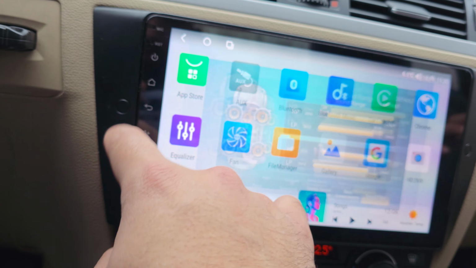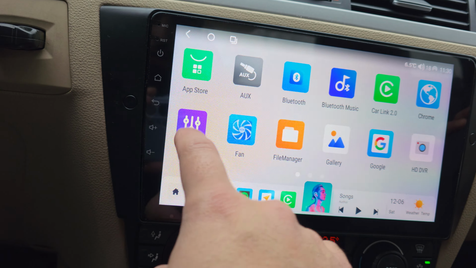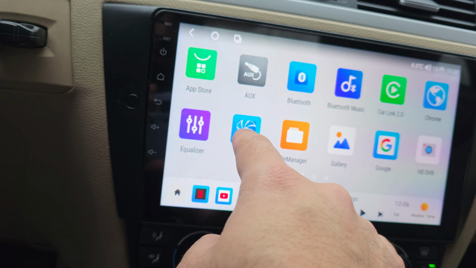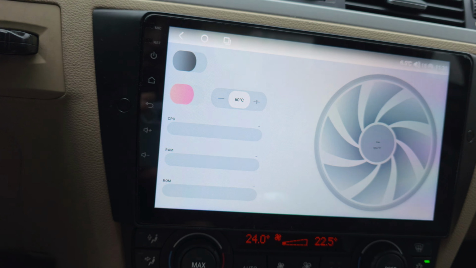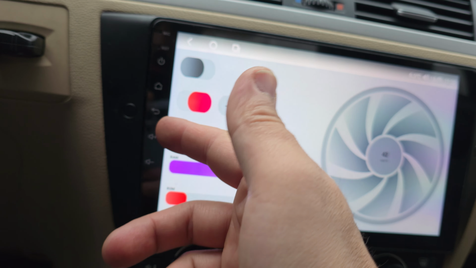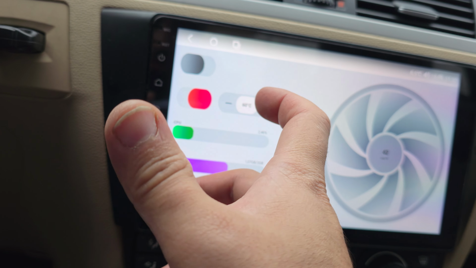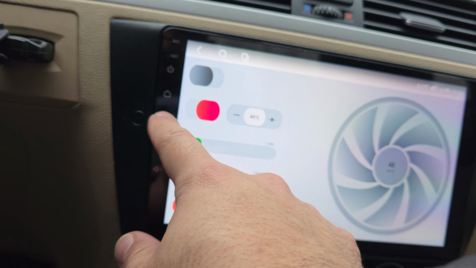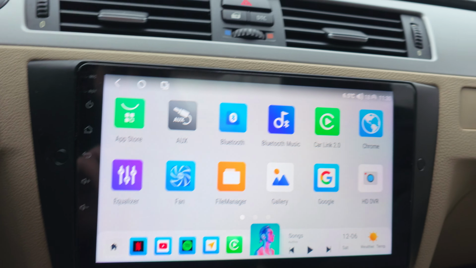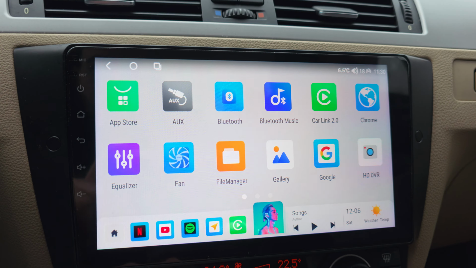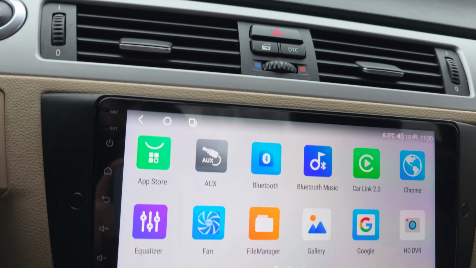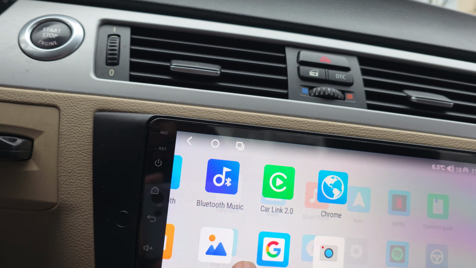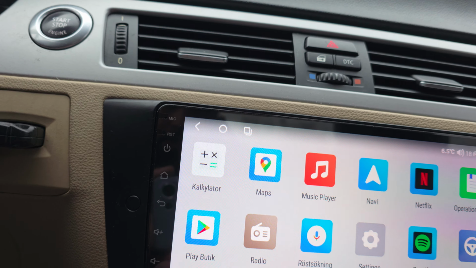Then if we come to the home app menu again, we have one fan connected on the back, so we can adjust the fan with our own settings. I'm setting this to 60 degrees, so it will only work after the CPU reaches 60 degrees temperature. Then we have file manager, gallery, Google, DVR, which we have not installed, and the camera as well is not connected